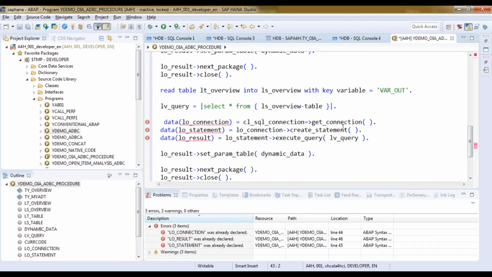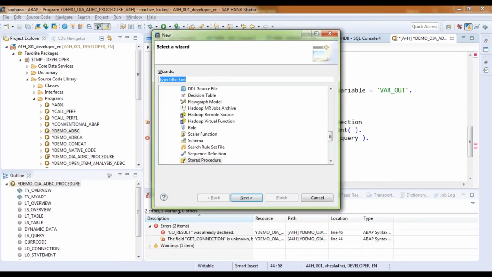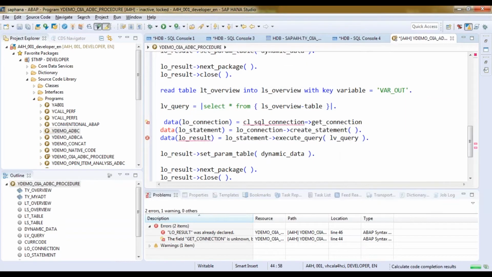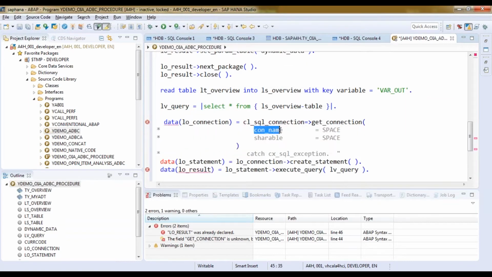Nobody remembers. In the get connection API, you will pass it. If you look at the signature of the get connection API, you will see here the connection name. Here you will pass the name of the connection which is created for the secondary HANA DB.